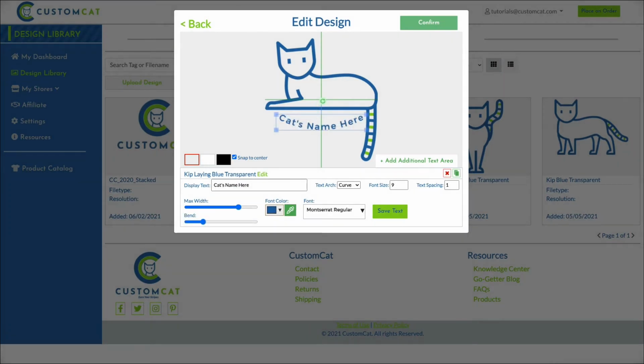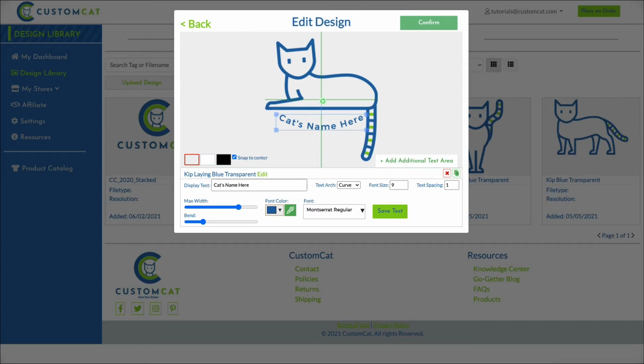The text you enter in the Display Text field will not be printed. Your customer will enter their personalization text on your shop to be printed in its place. The text entered in this stage is for demonstration of personalized text placement, font, and color only. If your customer purchases a personalized product without entering their personalization text, their product will be printed with the design only and no text. Once your personalization text looks exactly as you'd like it to display on your store, click